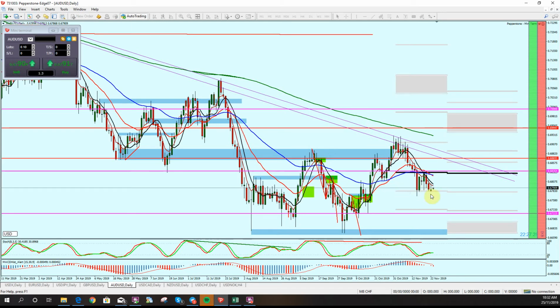If it were to hold, what's going to happen? First of all, we've got to get through this level here, and then we've got to get through this zone here, which has been impossible for over a year. So at the moment we're favouring the downside, and even if you went long, you don't have a lot to go. A lot of risk.